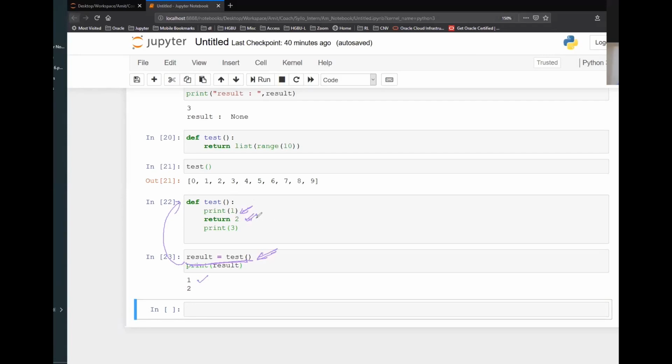When you say return 2, the output of this code will be 2, and that will be stored in result. Now I'm saying print result, so 2 will be printed, and after that it's done. So this print 3 is never getting executed, right? The moment you see a return statement, it will come out of the function, and any code after the return statement will not get executed.